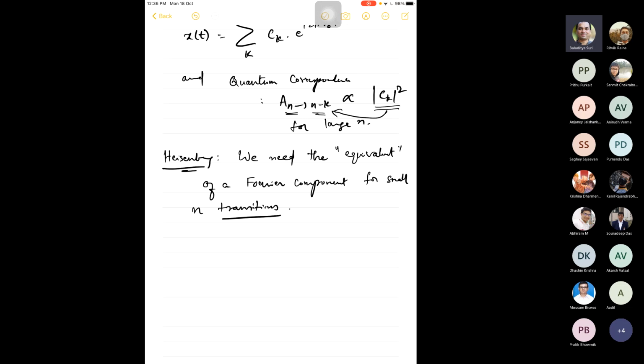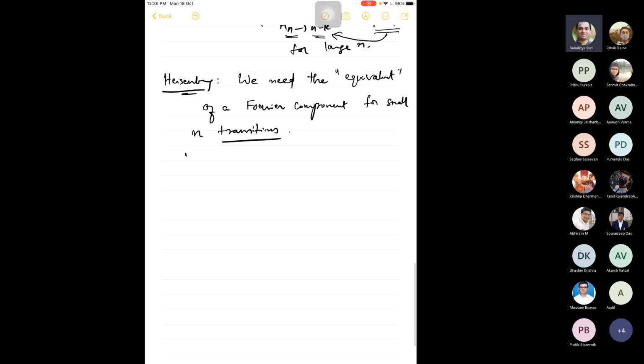Any questions here? This is the idea, or you have a whole bunch of problems. This is the problem that Heisenberg wanted to solve first. He said, let me use this correspondence principle as my guiding principle and try to construct a quantity. We don't know what the nature of that quantity is, but he called it a transition component, and this transition component is equivalent to the Fourier component. Okay, so that is the basic idea.